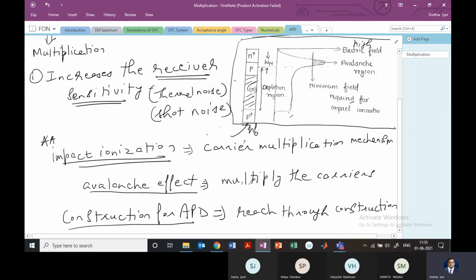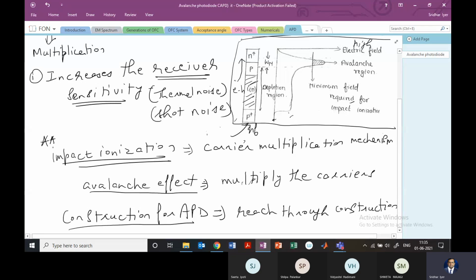I'm shading that, right? So now once it is absorbed, the photon is going to give up its energy and it is going to create electron hole pairs. And these pairs are then separated by the electric field in that region. And these will then move through this region in the PN plus junction where there is a high electric field, right? So once the photon gives up the energy, we have the electron hole pairs, and these electron hole pairs will start moving here.